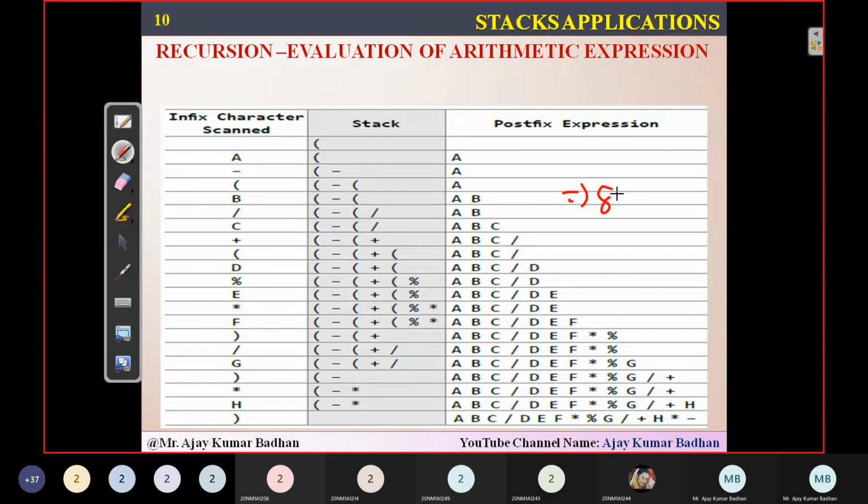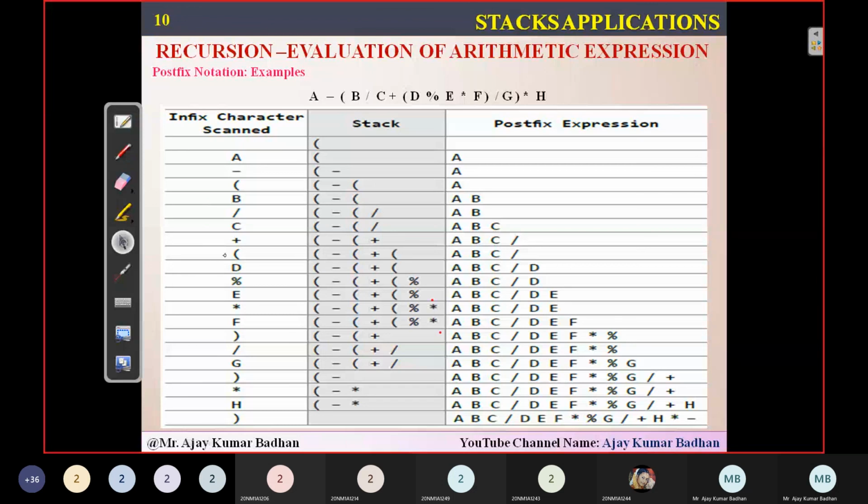This entire thing will be for 8 marks. You will be given an expression here, and this expression you have to convert into a postfix. This is what we call infix. I will explain in the next session, don't worry. So this infix notation you have to convert into a postfix. How you're going to solve it, I will tell you. This will be coming for you people for 8 marks, so please understand this when I'm explaining it properly.